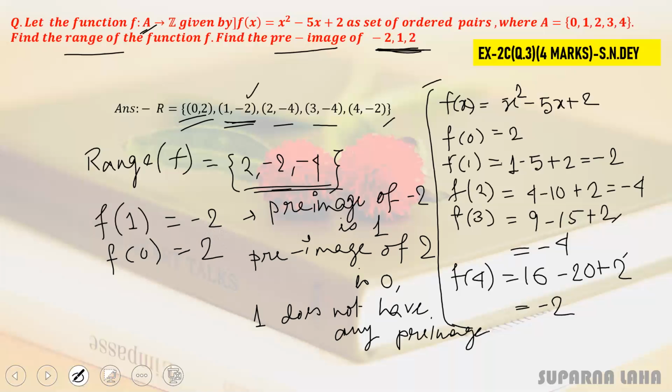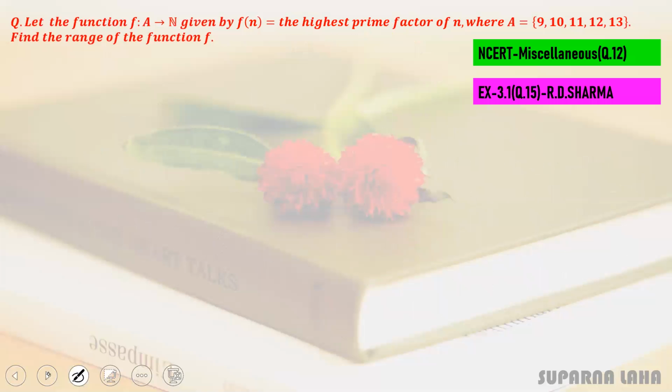Since it is not present in this image set or the range set. So done this one. So moving to the next question. Question descriptions are given here. From which book I've chosen this question. So f of n is given as the highest prime factor of n, where the n are chosen from this set